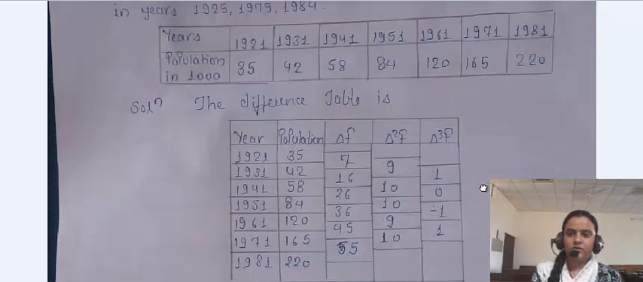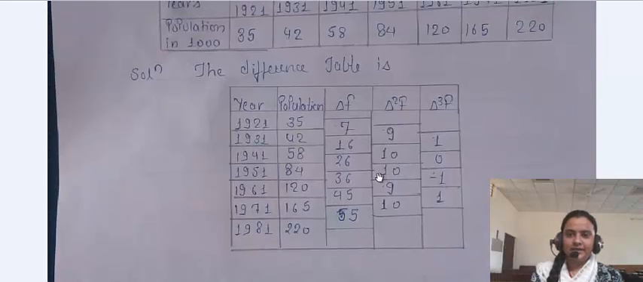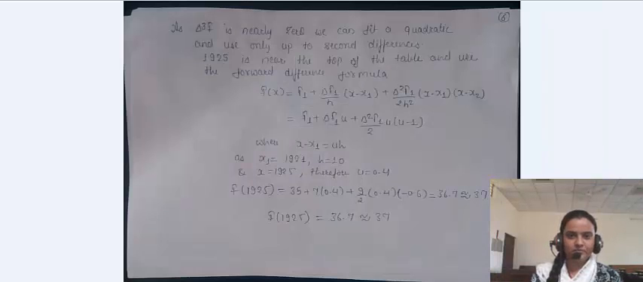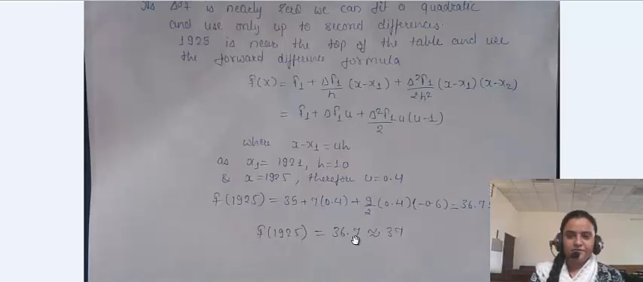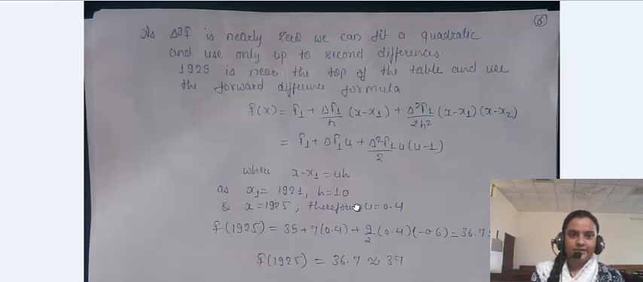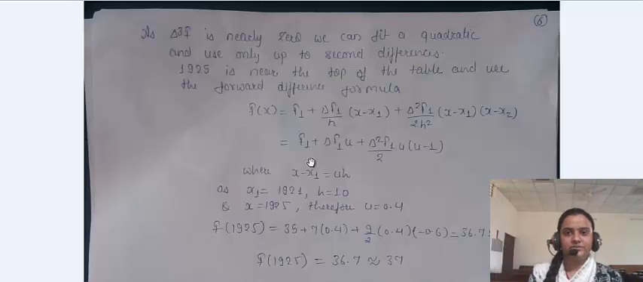Now here we can see that the value of del cube f is somewhere close to 1 or 0. So if del cube f is nearly 0, we can fit a quadratic and use only up to second differences. 1925 is near the top of the table and use the forward difference table. Here we can see that the year 1925 is at the top of the table, so we can use the